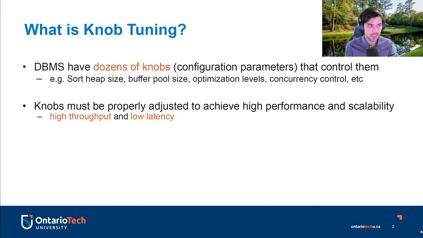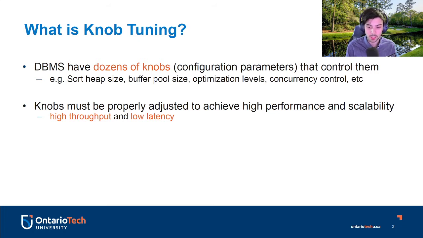So, what exactly is knob tuning? Well, it relates to database management systems, in particular IBM DB2. And these systems have dozens of knobs, or even hundreds, also known as configuration parameters, that effectively control how they perform and operate. Some of the knobs might include those relating to memory pools, such as sort heap size, buffer